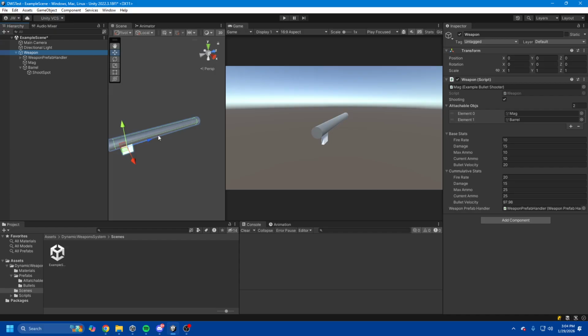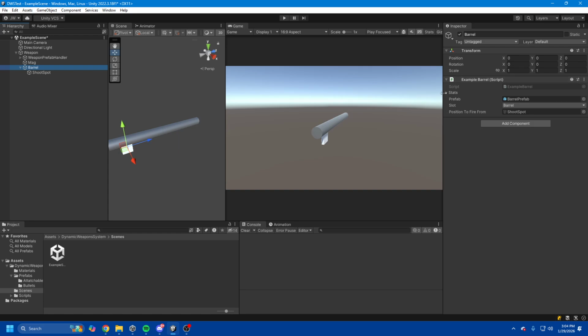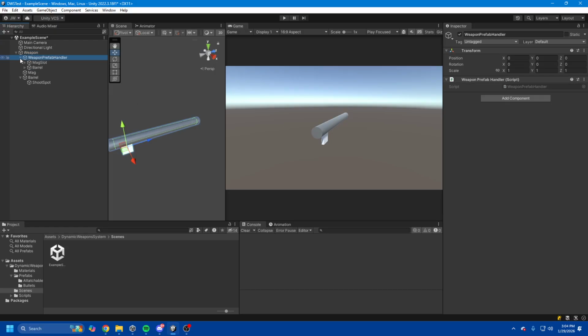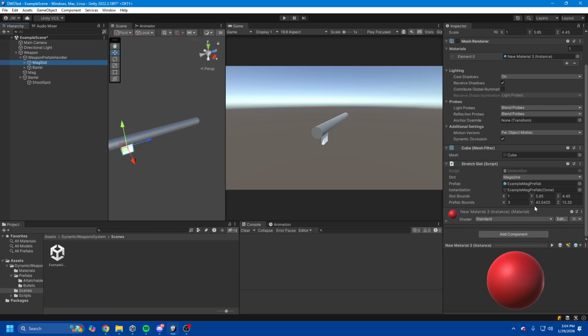then the cumulative stats. So I created a magazine, which has some stats on it. Barrel has some stats on it. Attach it to the object, and then this weapon prefab handler, you have these slots, and it automatically handles the prefab. So I'm going to show building this up from